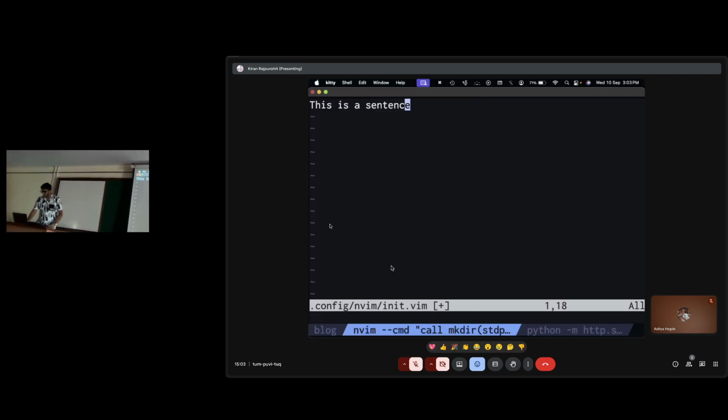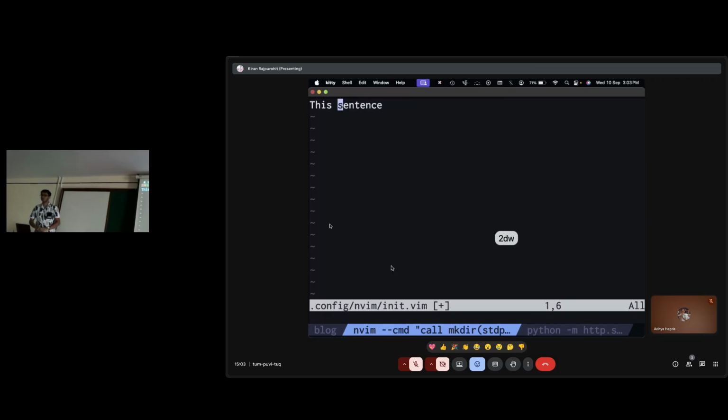Press B. What B does is it moves me backwards by entire words. What W does is it moves me forward by entire words. So B. Now I'm at the start of it, and I'm going to delete "this is" with dw. Does that make sense?